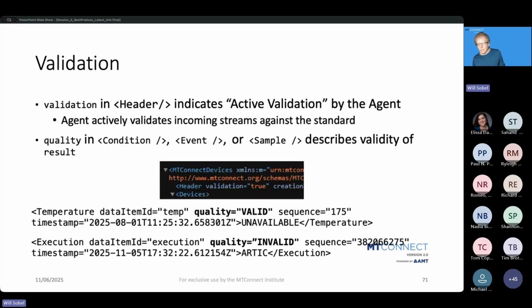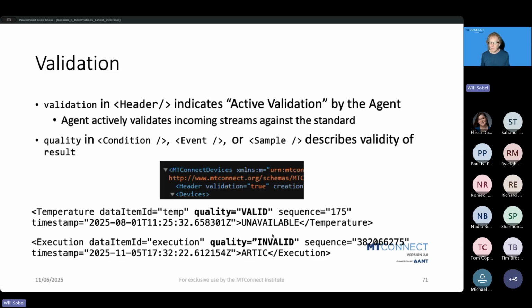Another big thing that came up in this release, this is again 2.5, was the beginning of validation. And we now have, if you look in the model, validation reports, and Trey's going to be doing that in the session right after this. He's going to talk a lot about validation. One of the things that we have right now as a capability in the MTConnect agent is the ability to provide, when the header says validation true, this is actually configuration better, but when we turn this on, what you're going to start to see is